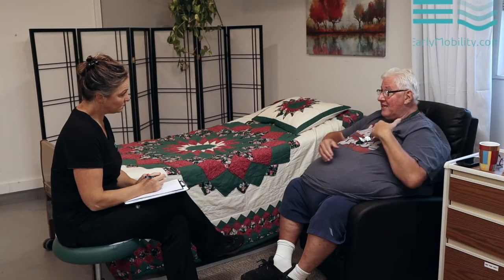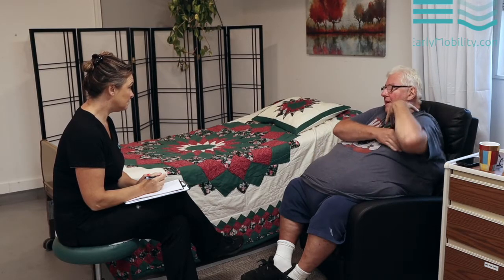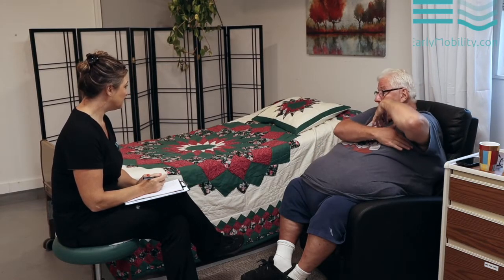Well, part of being a larger patient is you need to have confidence that the person knows what they're doing and is capable of what they're doing. And if you get people in there and they send 2 or 3 people in, you tend to use things like limbs as handles, which is very dangerous. Especially if you pull up on arms, or grab underneath here, you can do nerve damage